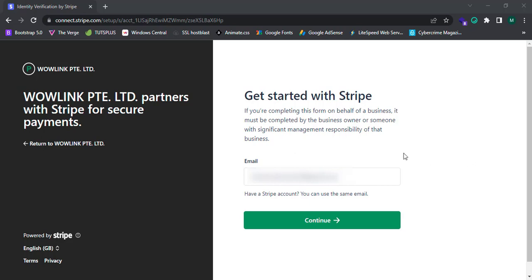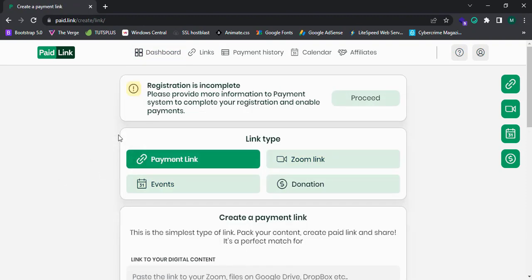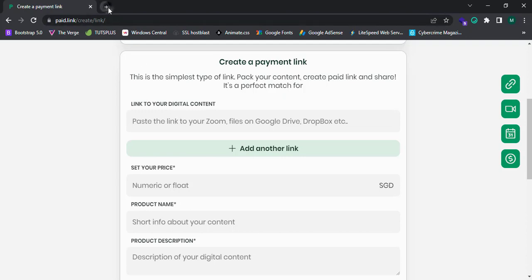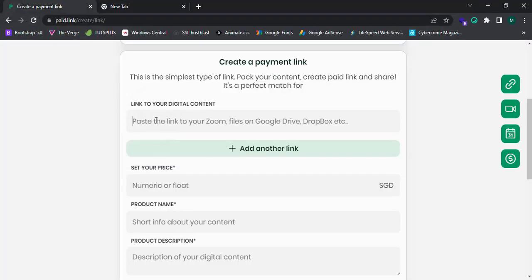Now let's see how we can create the links on paid.link. Click on create new link, and tap on the payment link. You can paste any link such as a Zoom link, Google Drive link, or Dropbox link. Now I'm going to click on youtube.com and get the link of the YouTube website. Yes, paste this link